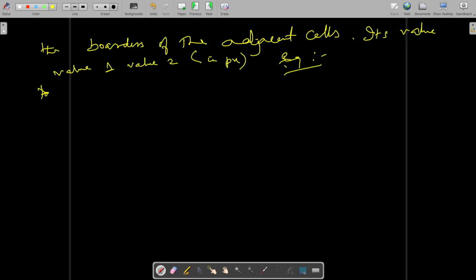Example you can take like this: border spacing, suppose 7 pixel.